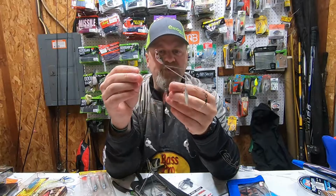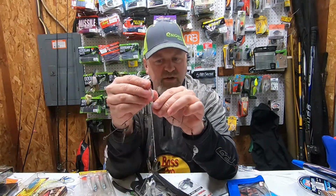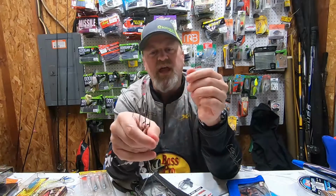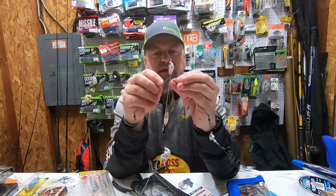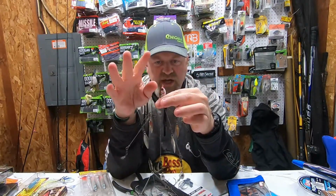So a good tip also is to not bend that center wire. Keep that center wire straight. You can bend these out, because when you get them, it's going to look like that. When you bend them out, they're 3/0 hooks. I'll tell you, they're sharp. So what I would do is, once you tie your knot,